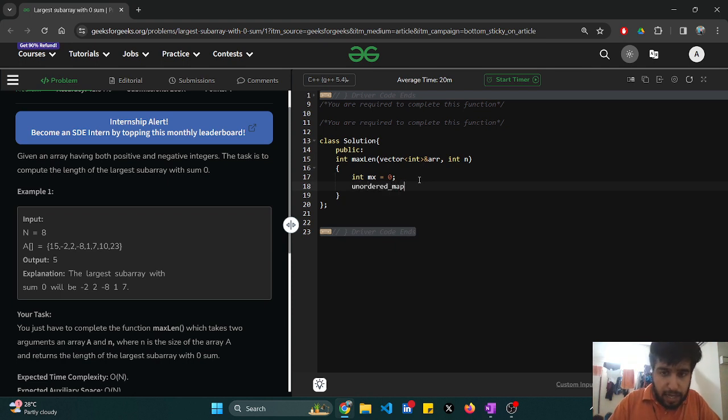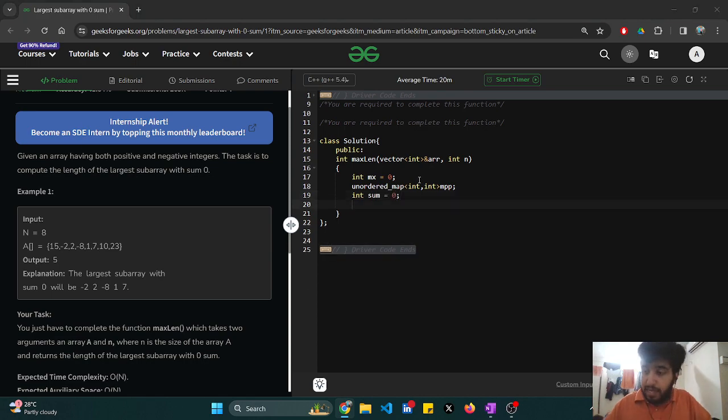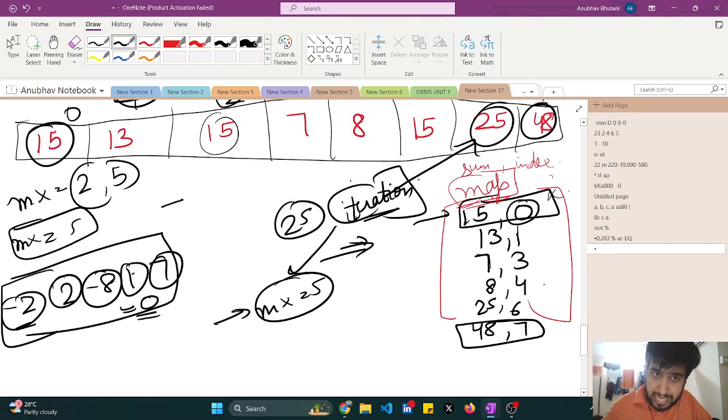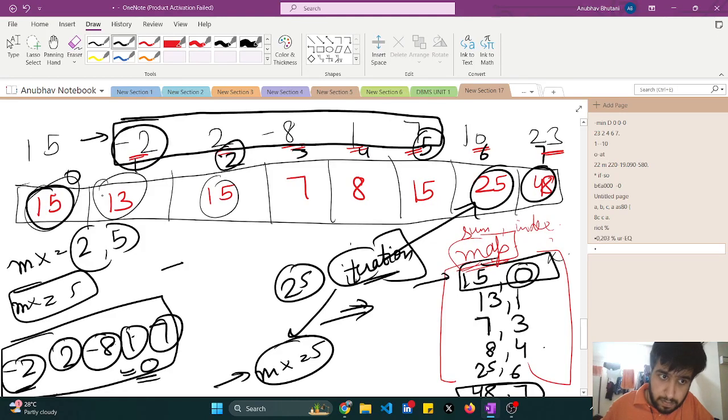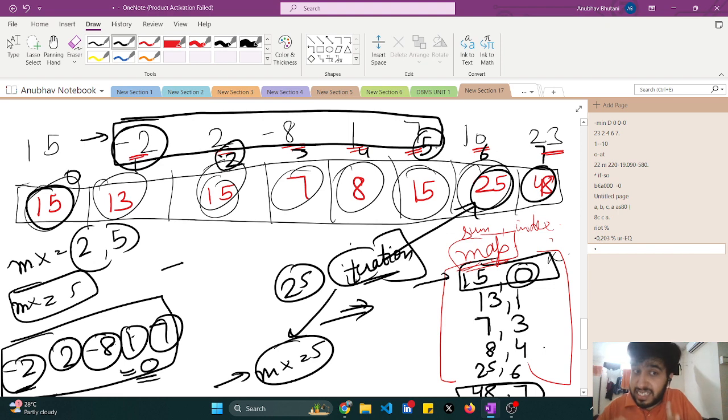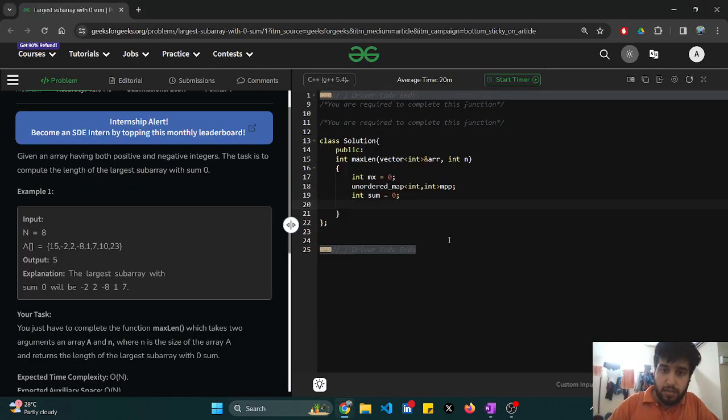I'll make an unordered map with int and int. Okay, I'll name it mpp. I'll make a sum 0. Remember, I'm not using an extra array to denote the sum. I'm basically changing these values, and these are the values that the sum variable is going to take. Okay, I'll just move from 0 to n,